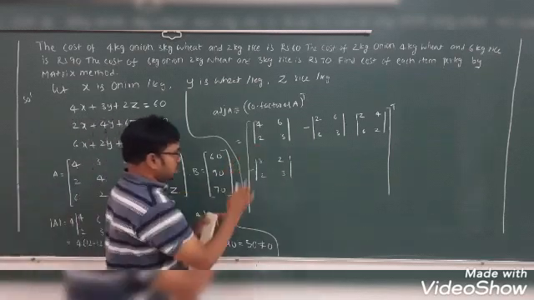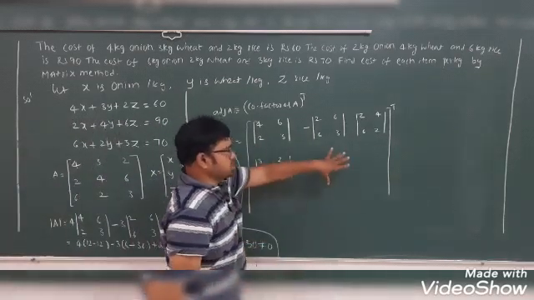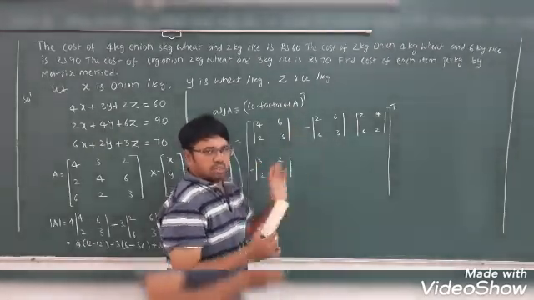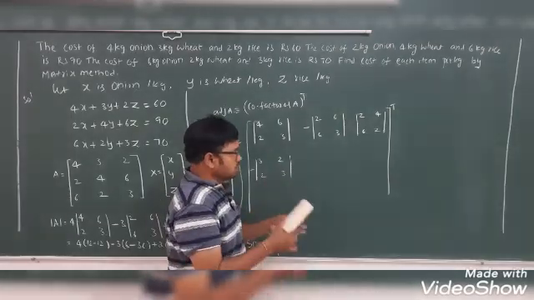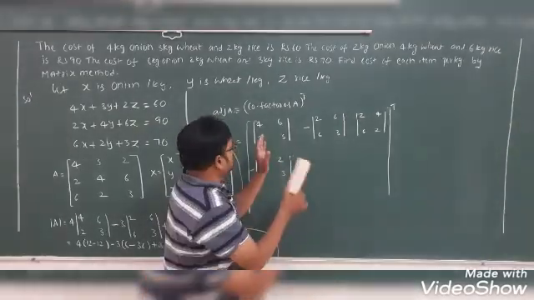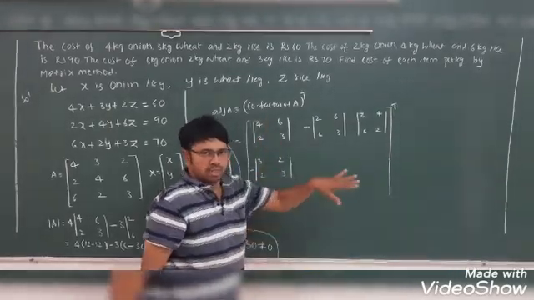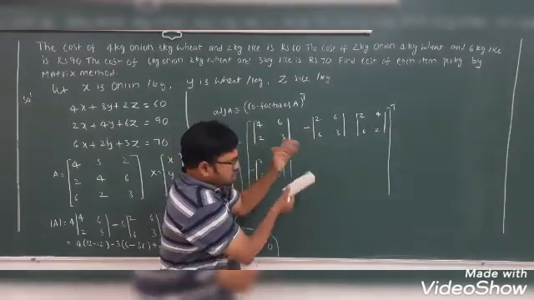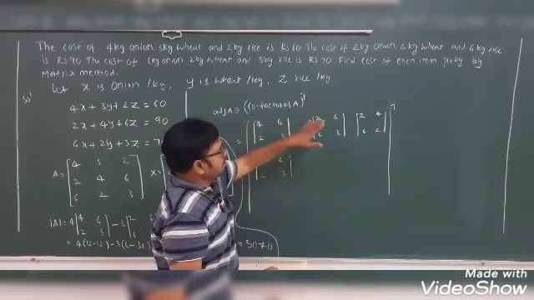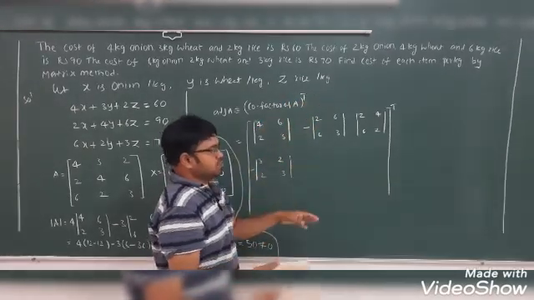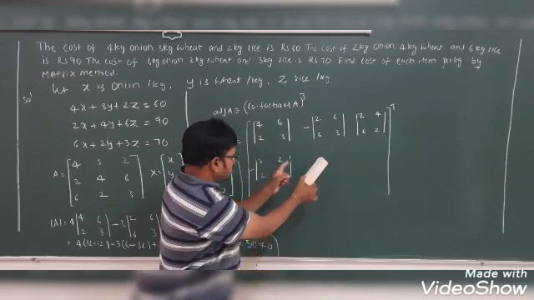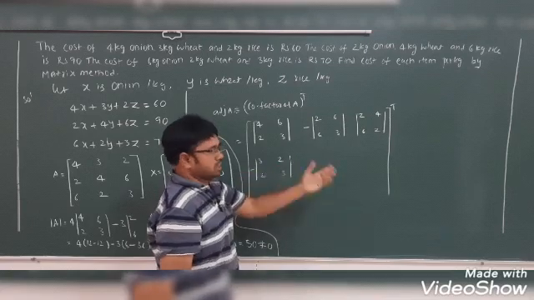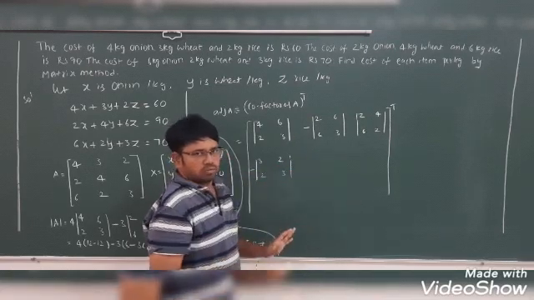So this part is very, very important. Actually, students are making mistakes in this part only. So be careful to find the adjoint of any matrix. It's very important, so practice one or two times, especially to find the adjoint of a given matrix. It is crucial also in the matrix method to find x, y, z values. If you make any small mistake in this part, the problem is going to be wrong.